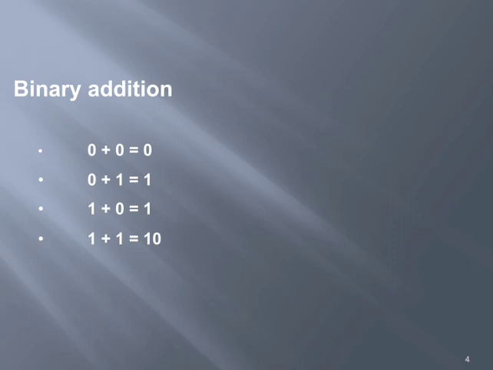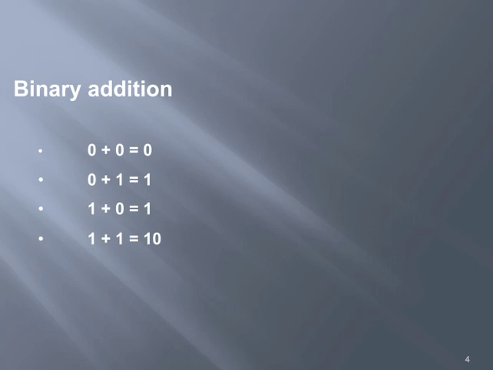So when you come to this fourth combination, that is 1 plus 1, in the case of the decimal number system, 1 plus 1 will be equal to 2. If you are converting that 2 into binary, it will become 10. Are you understanding? So 1 plus 1 will be equal to 10. 0 will be in the sum and 1 will be carried forward to the next subsequent bit. We will see with an example how to carry forward.